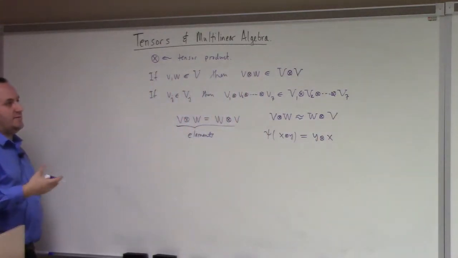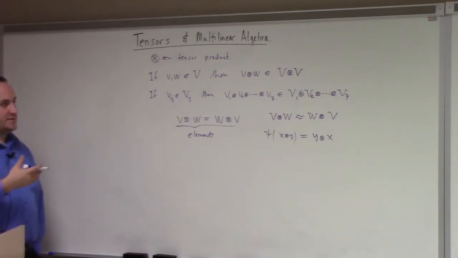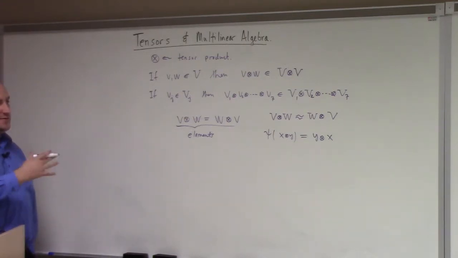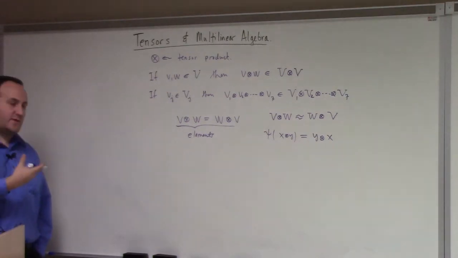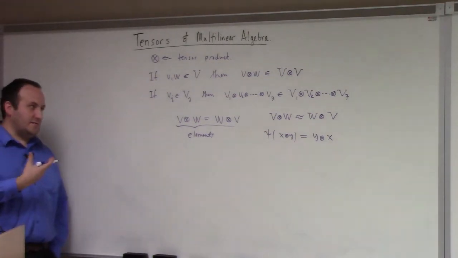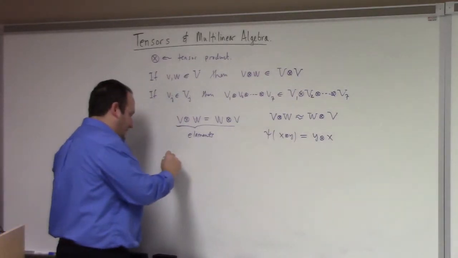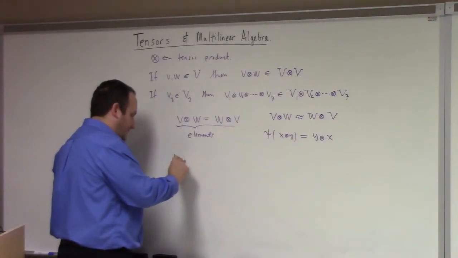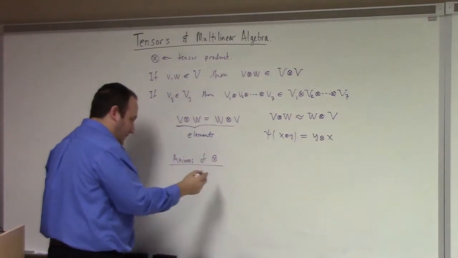All right, so I'm trying to explain to you at the moment formally what a tensor product is. It's something we can do to take two objects and put them together to make a new object. What are the rules of the tensor product? What are the algebraic things which make it what it is? Well, there's a couple of important things. So the basic axioms, if you will, of the tensor are what? First of all,